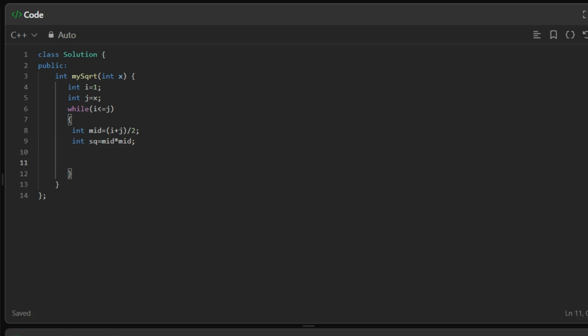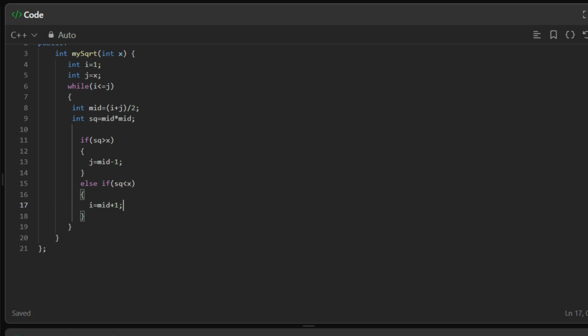So check the square. If sq is greater than x, if the square is greater than the number, then j is equal to mid minus 1, because it is not useful to check the values which are greater than x. Then the else part: if sq is less than x, then i is equal to mid plus 1. Else